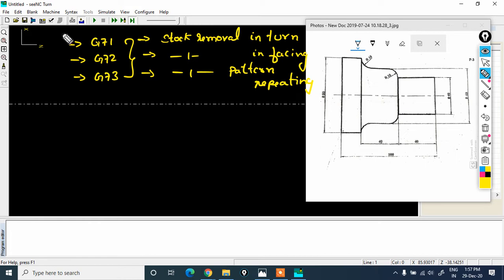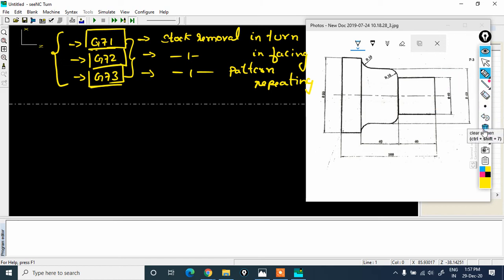The evaluator can ask 71 or 72 or 73, so I will show the execution in all three forms. It's a very simple process and easy to remember.